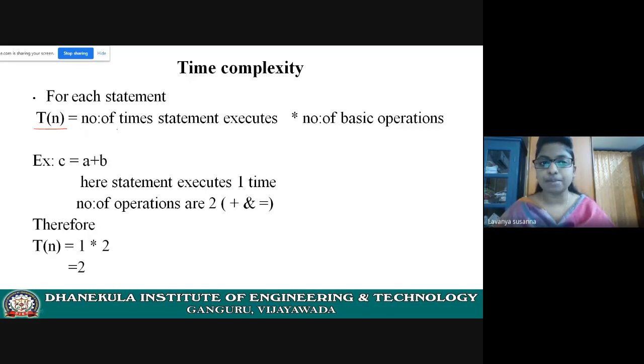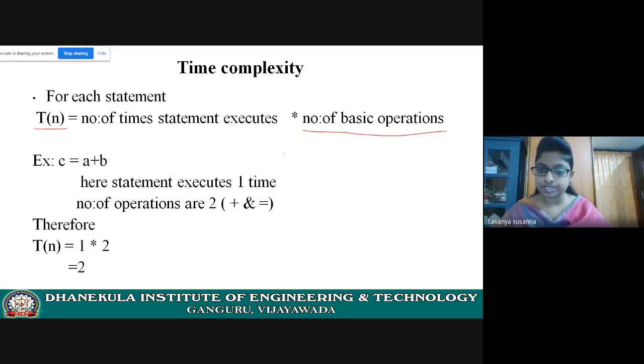Here, how many times this statement executes, that you need to write. This is the formula you need to remember. T of n equals the number of times a statement executes into the number of basic operations.